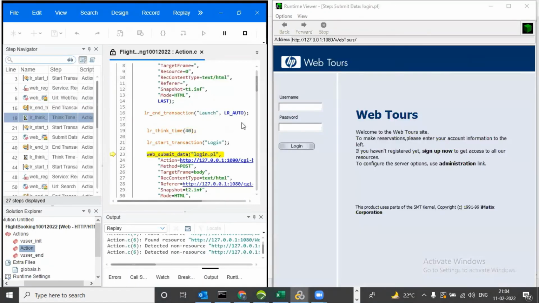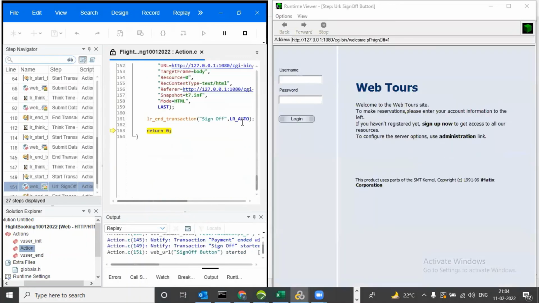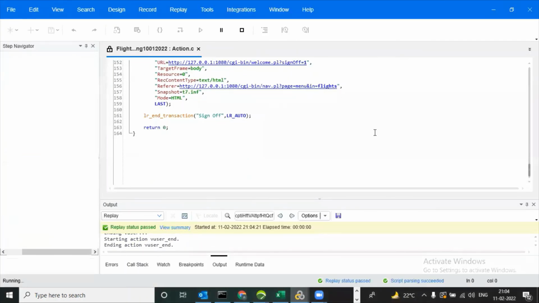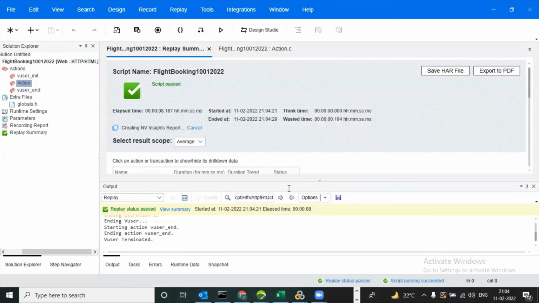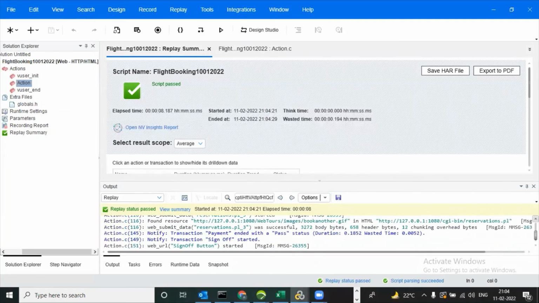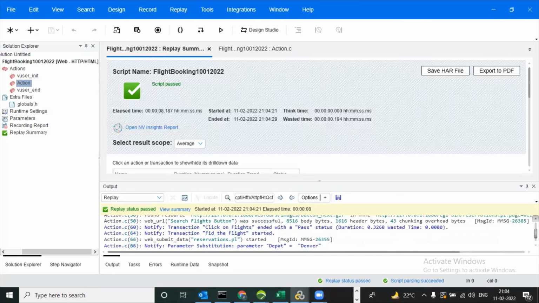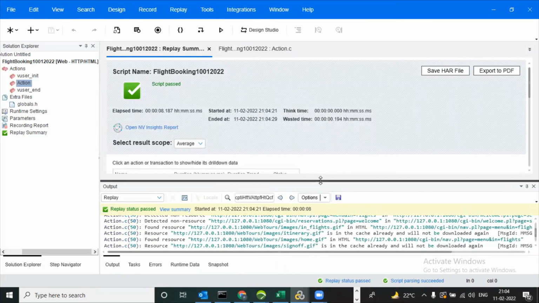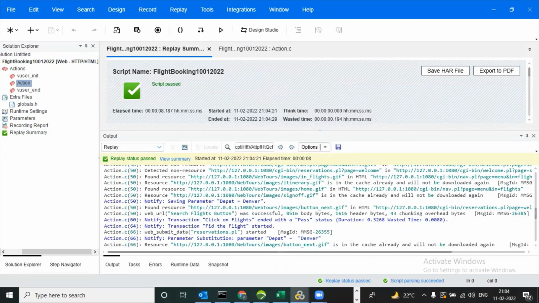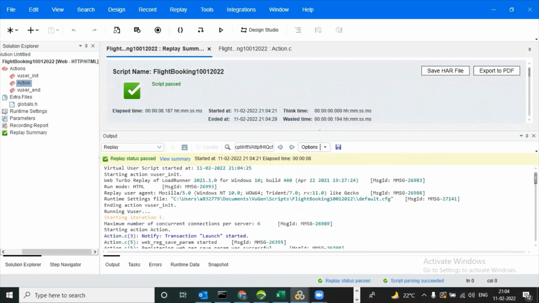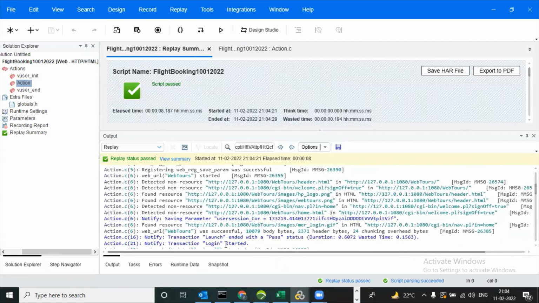I think how many iterations will be there? Okay, one iteration will be there. Now you can observe here. We need to check here whether the value is captured or not. I think I will go to this one. So now you can see this is the user section captured, COR. This shows whether the dynamic value is captured or not.